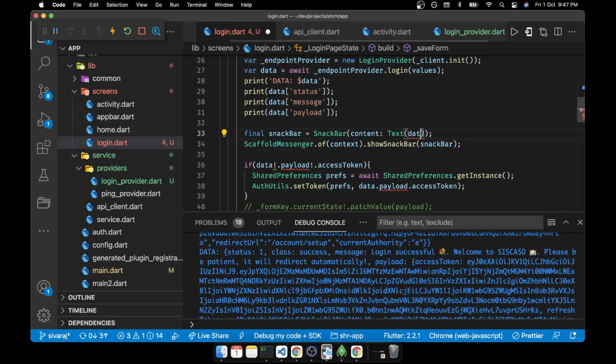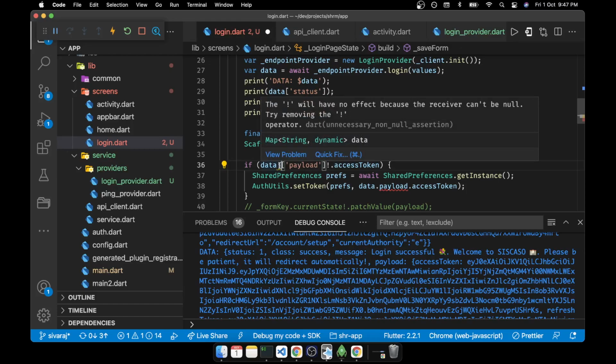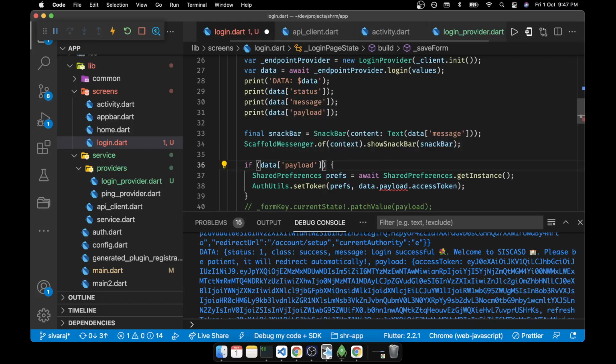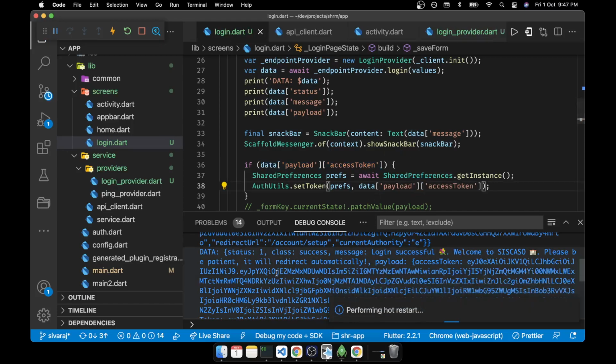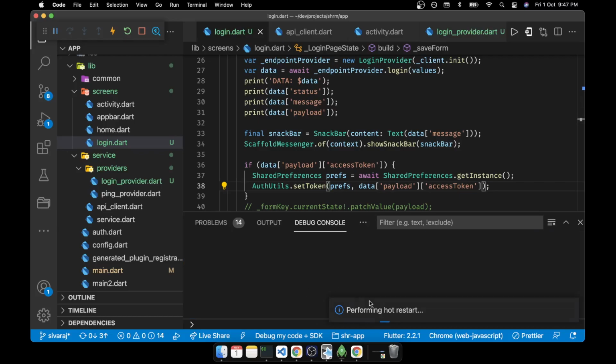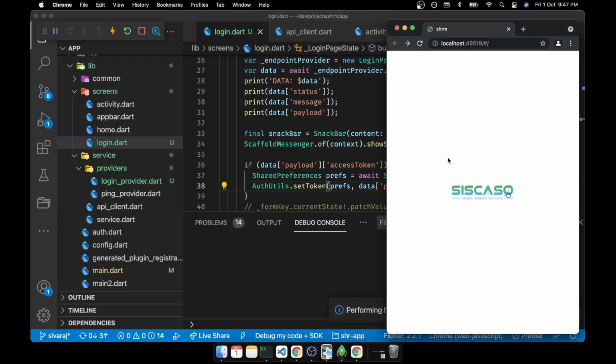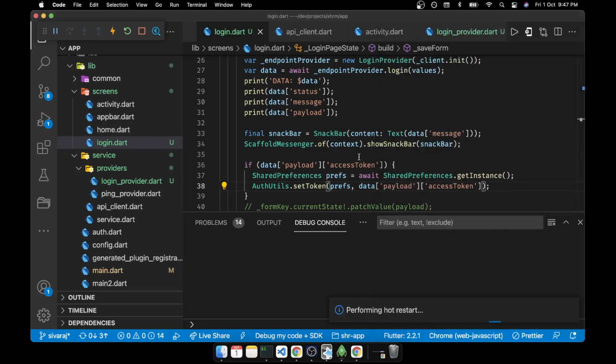Okay, so we don't want to go there and fill every time.